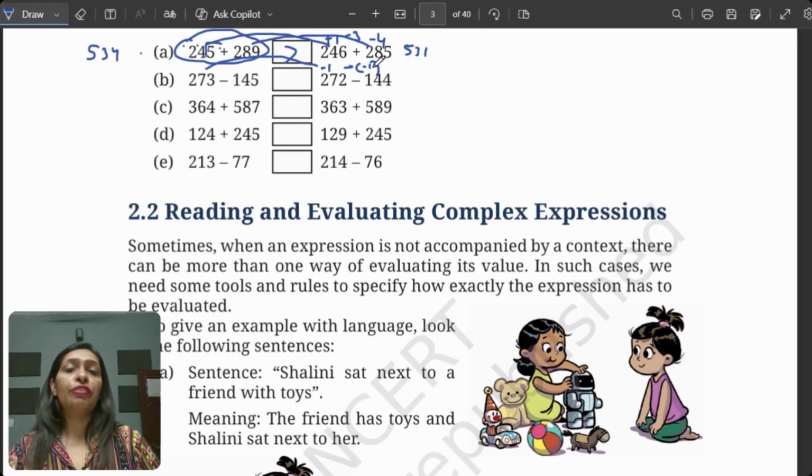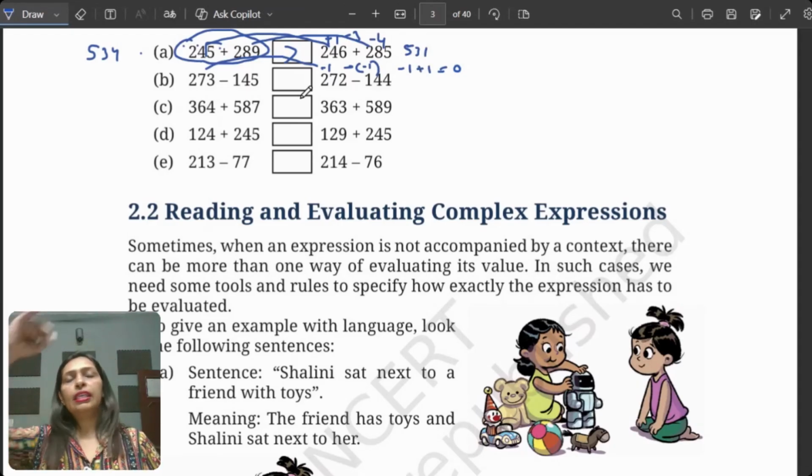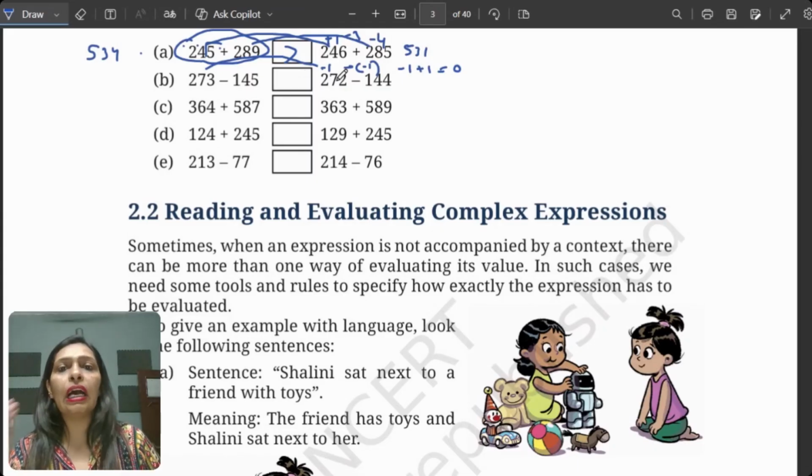Okay, so now if I want to solve it like an integer, it is decreased by 1, but minus minus is plus 1, and it has increased by 1 also, which is nullifying this. Nullifying means it is cancelling out. There is no change. One step increased, one step decreased. So ultimately the answer will remain the same, and hence the value of LHS is equal to the RHS, which is again, you can check, the answer is 128 on both sides. You can check that one.